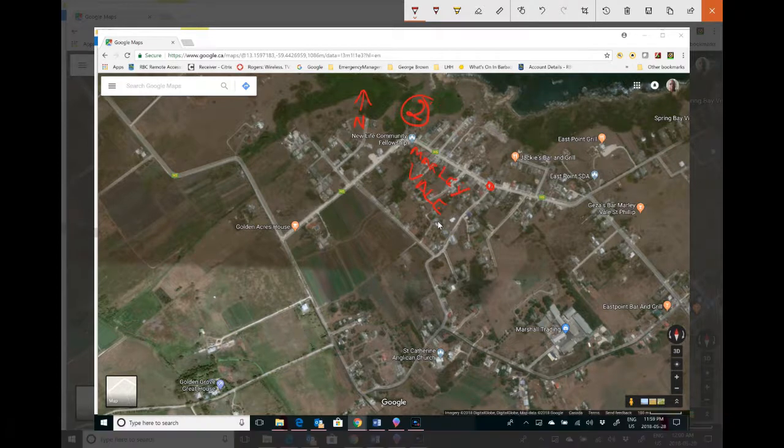Okay, and this is East Point. Okay, so we're actually going to walk this way down Marley Vale Hill. We're going down to the bottom of the Marley Vale Hill, but we're taking in these areas. This area here is called